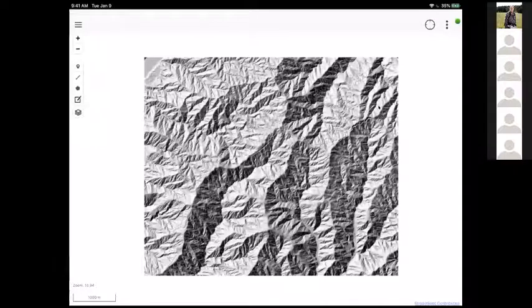So my maps, I use this all the time. There are so many types of documents from publications that it's kind of the most straightforward way to get a GeoTIFF onto your iPad. And again, remember, if you want to save it for offline use, you would again have to be connected, add it, and then download it.